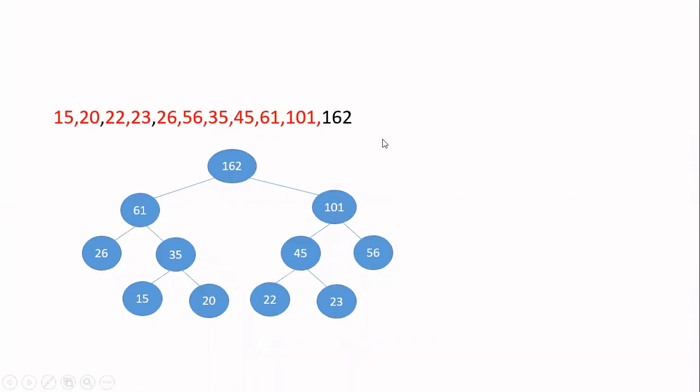If you look at this tree, for constructing it we have used the min heap. But this tree is not a min heap tree. You can look at the root node. The root node is 162. It is not a minimum value. We have simply added the values. Finally, we arrive at 162.